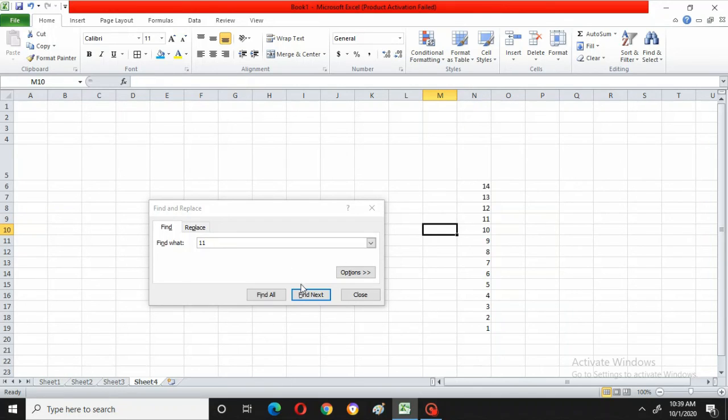Now again I will show. See, it is showing. You might have understood. See, I have already selected a different cell. Now I am saying find 11, where that 11 is. When I click on find next, it is going to 11. Okay, now replace. I will say replace with what? 20. Okay, replace. It has been replaced. Understood? See, 11 has gone and 20 has come. So this is all about the home tab.